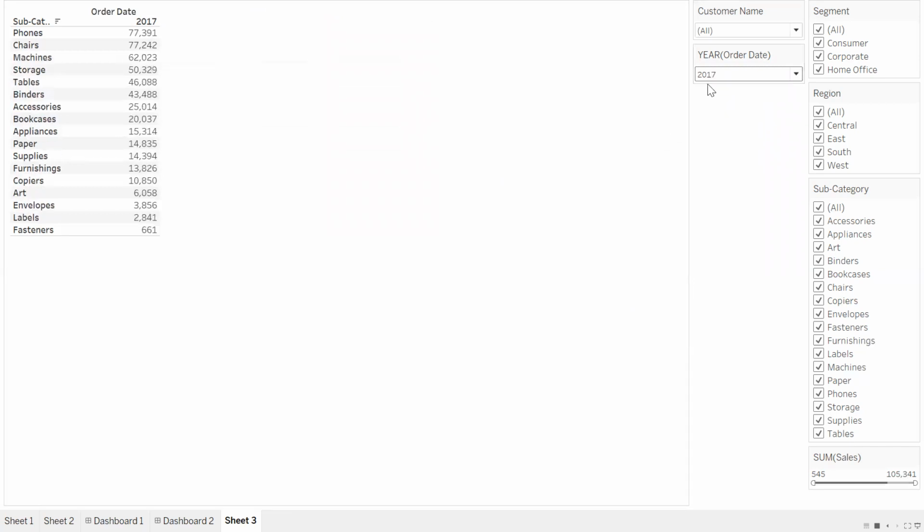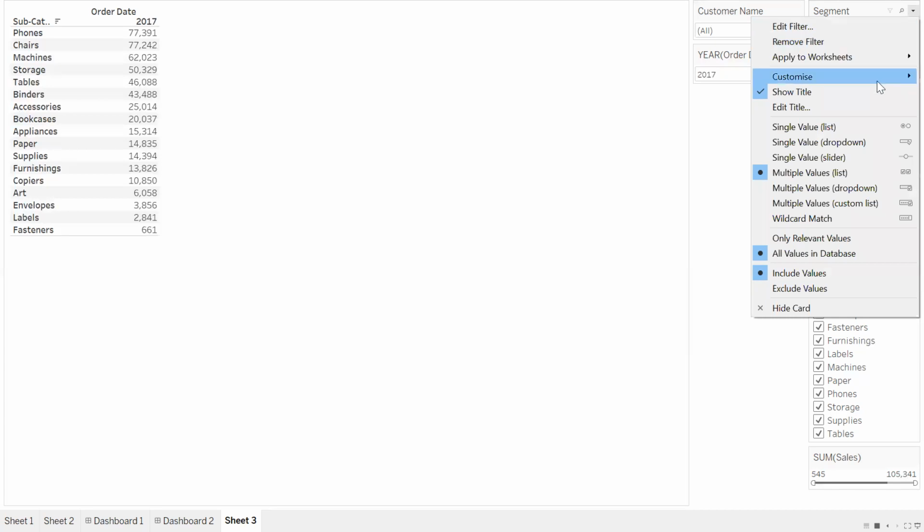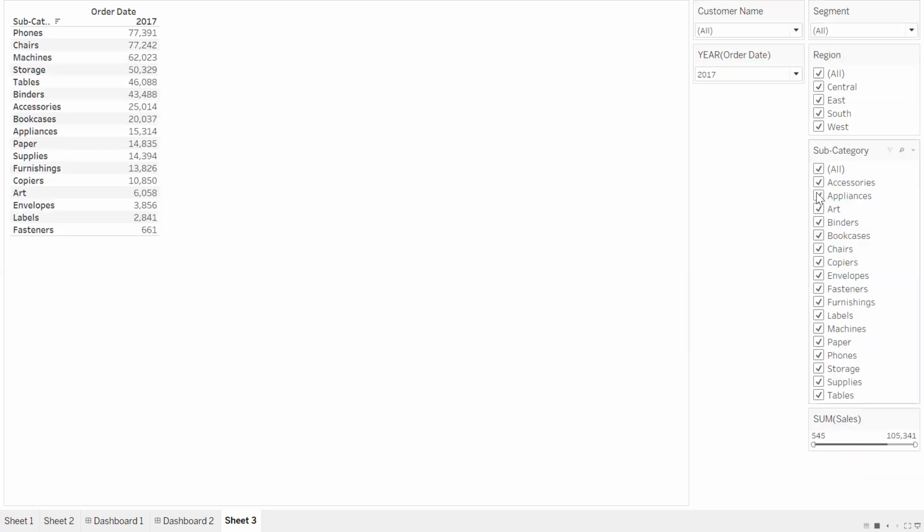That's it. And it's not possible to select all the values. Clear? So this is only single selection, correct? You understand, right? And if you want to go for segment for multi-selection, go for multiple values drop down.